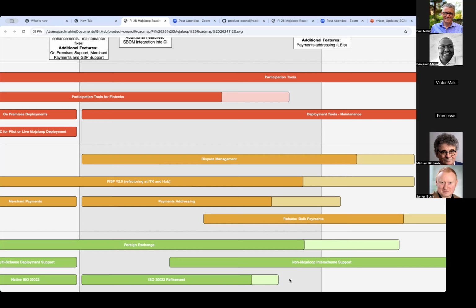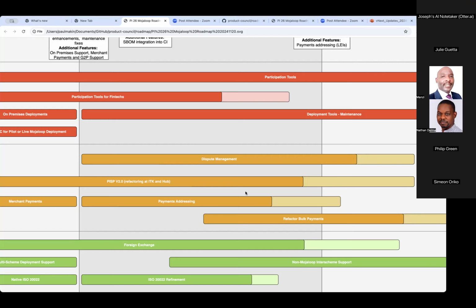And in fact, this workstream is going to have a wider remit, not just focused on merchant payments, but on the payments addressing generally, particularly in a cross-border environment. This will be led by Claire Rowley from Glyph and by Aranje Katakam, who has been long interested in the payments addressing implications.